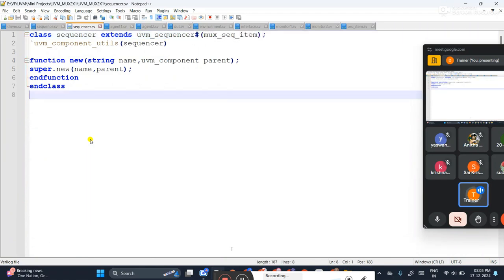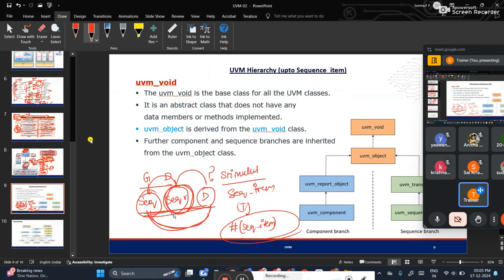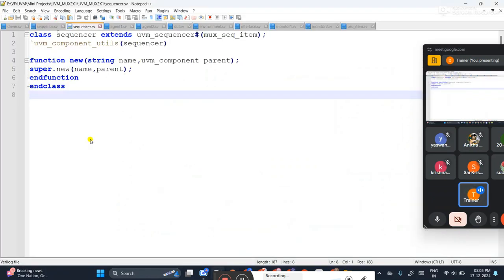The reason for writing that is because we already know that sequence, sequencer, driver communication is for the stimulus only, and stimulus is nothing but your transaction, transaction nothing but your sequence item. That is why in the first foremost line you should write like this. So first thing you have understood now: in every file from now onwards, you have to use the class hierarchy.